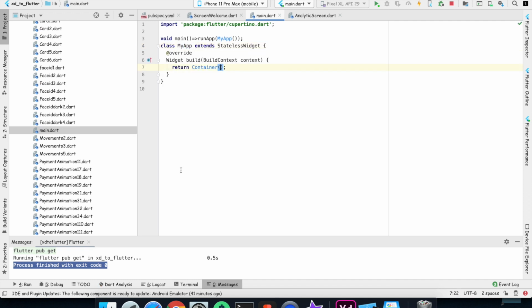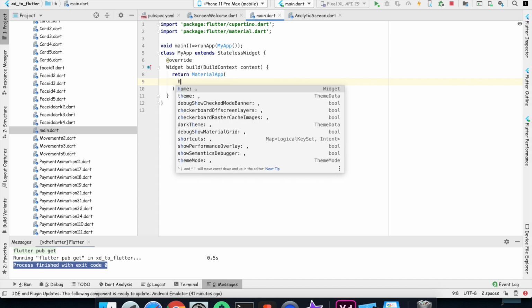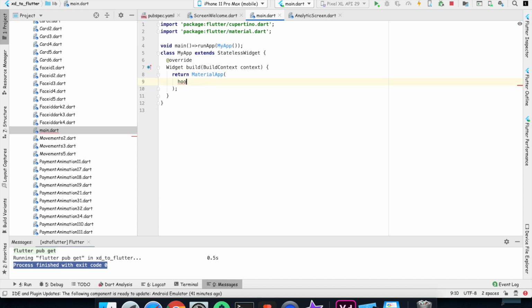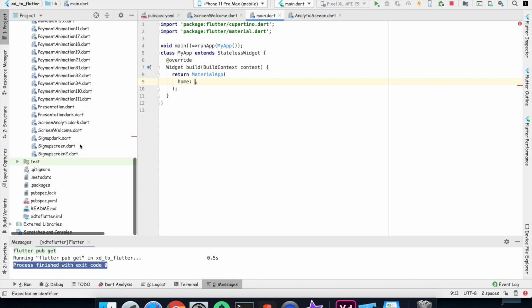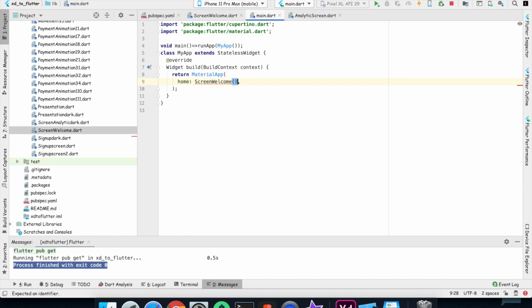It needs a MaterialApp. Perfect. In the home we will provide our first screen, and that is screen welcome. Its class name is ScreenWelcome. We import it.